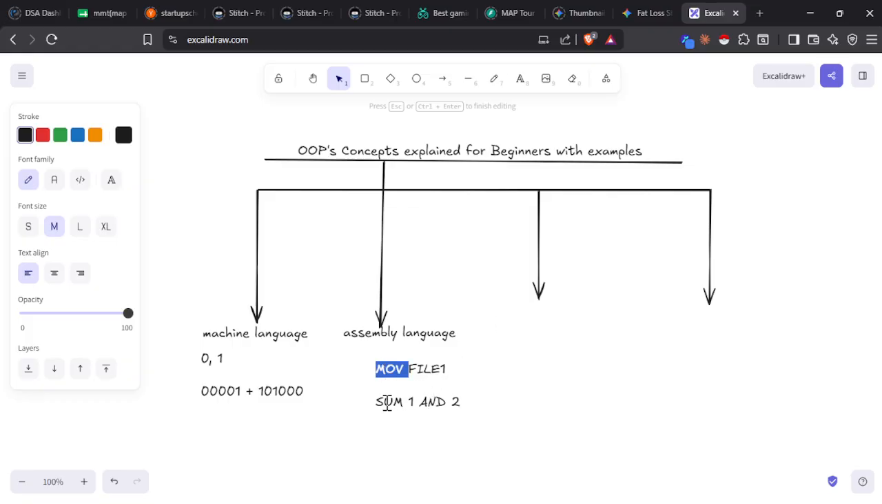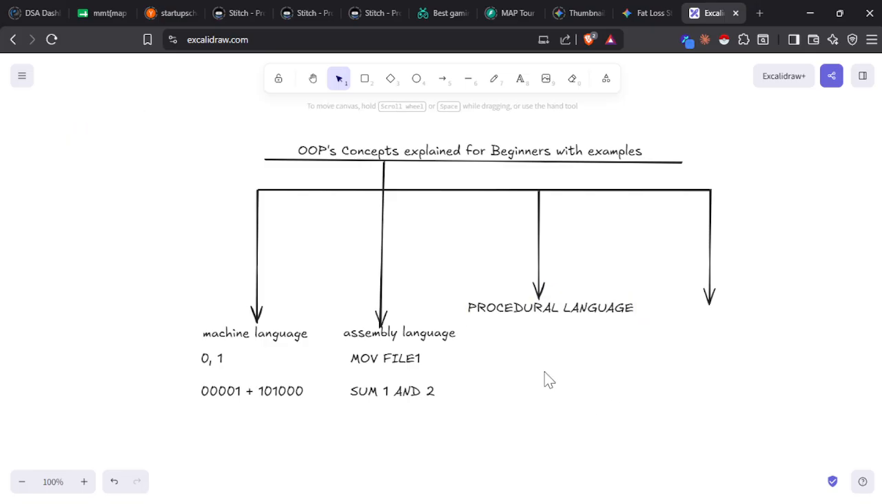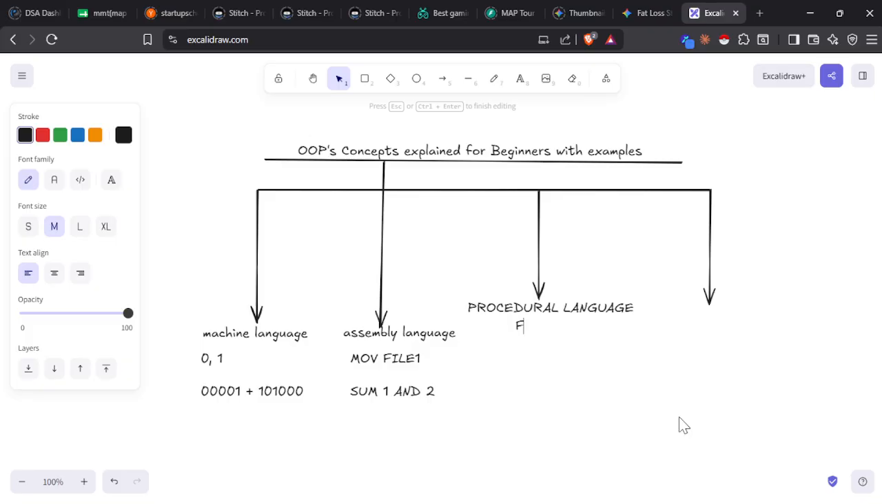We have to understand this keyword, we have to understand this keyword, and there were many keywords in it which we all had to understand. So after that, they found a solution as procedural language. So what was procedural language? In procedural languages, they introduced many things like functions, if else. If else was introduced in assembly language as well,